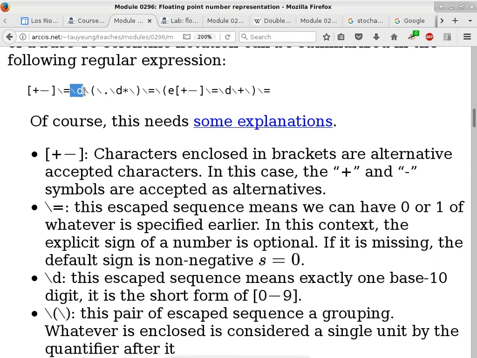Well, it's followed by something that we have not encountered so far, which is a backslash open paren, and it has a matching close paren. So the question now is, what is that going to do? So this is the opening of a group. This is the close of the same group. What is inside the group?